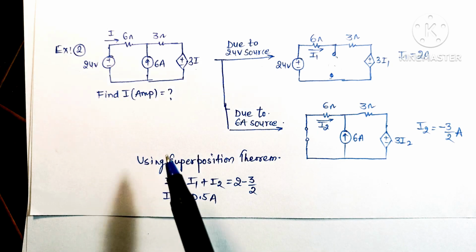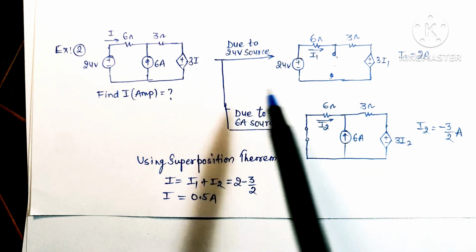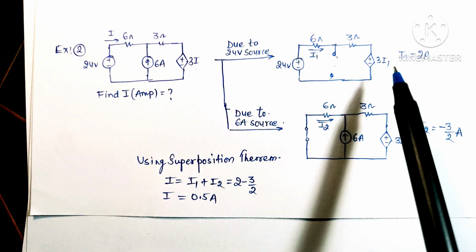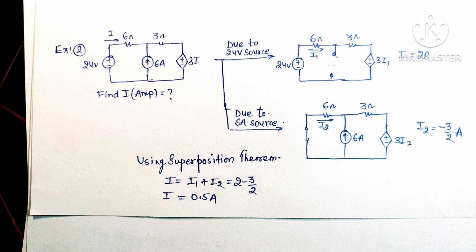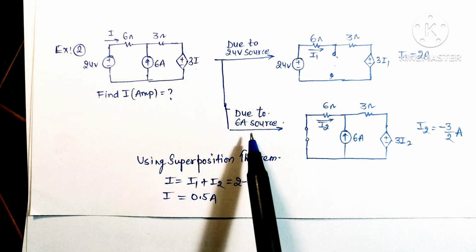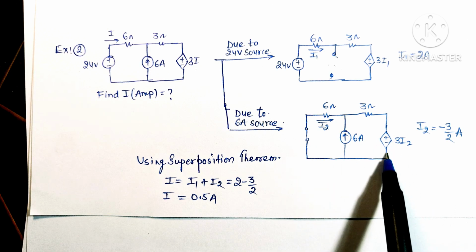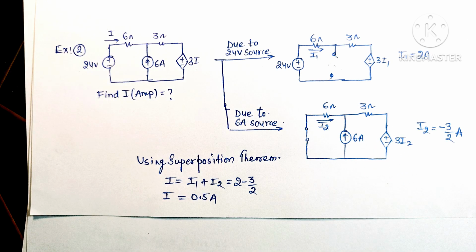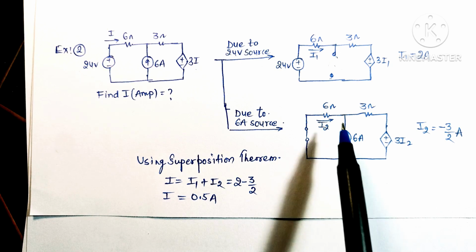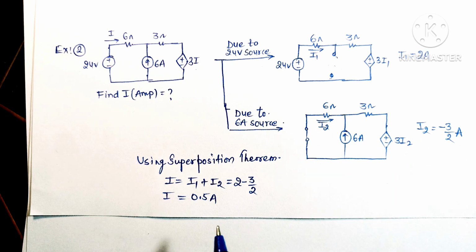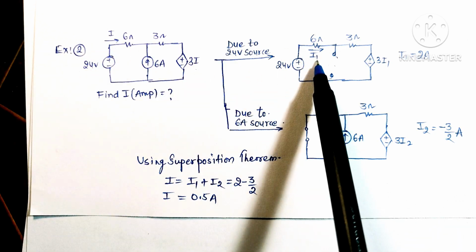We have to remember here that this dependent voltage source will remain in the circuit as given in the question. We do not need to set it to 0, either short circuit or open circuit, for this dependent source. If we consider the 6 ampere current source, then this voltage source will be short circuited and this dependent voltage source will remain in the circuit as given in the question. And the value of I2, which is the effect of this 6 ampere current in this branch, can be calculated here. We need to remember that here we have changed the current I into I1.